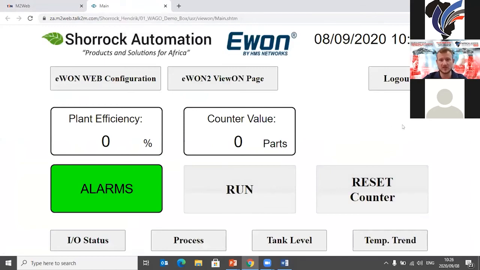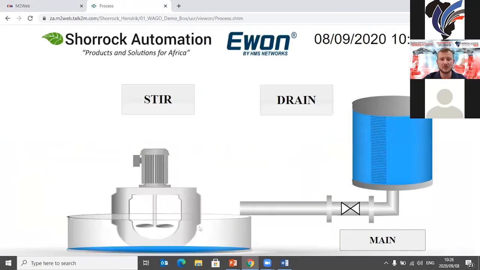So just a sample of that. This is a web server, or the web HMI, that's accessible on the E1 device, created within the View On environment. Just going to show you 1 or 2 pages with data on to give you an idea of the visualization that's possible. So for instance, here I have a bit of visualization, just a tank draining from A